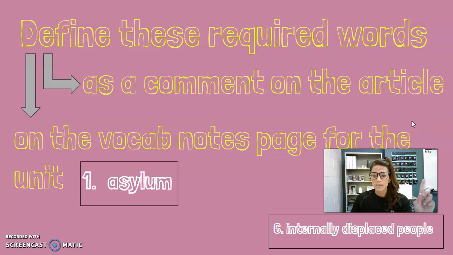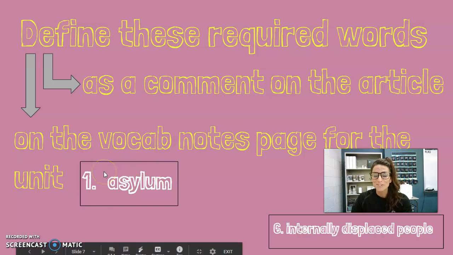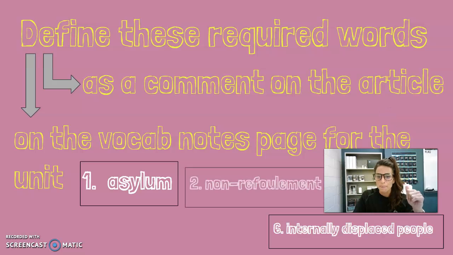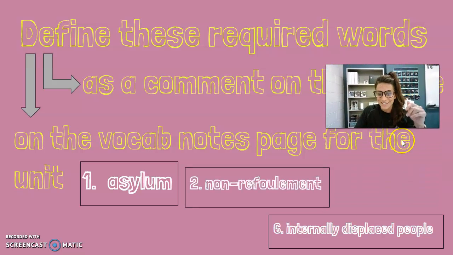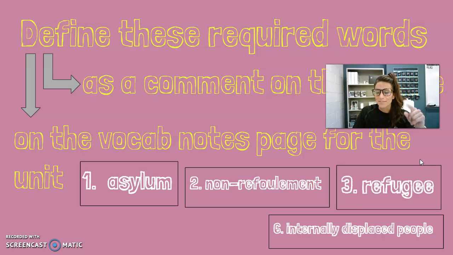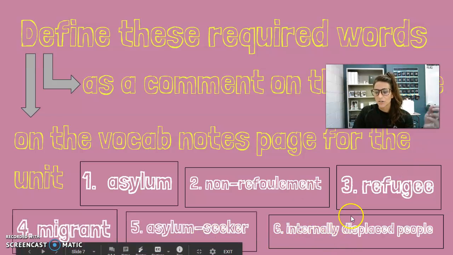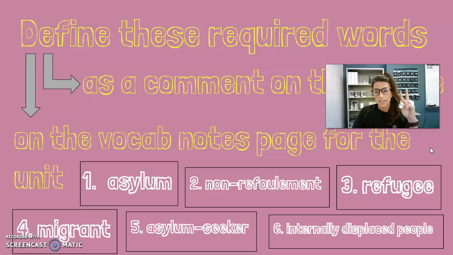Okay, so word number 1 is asylum, and you'll find these kind of out of order throughout the text. That's fine. This is a big one where you need to make sure you are getting the right definition for the context. So look for asylum as in a safe haven or a safe place. That's a definition that we're looking for, not like an insane asylum. Non-refoulement is another one, and it actually defines that right in the text next to it, so don't even have to look that one up. Refugee is going to be an important one. That's our topic. Migrant, asylum seeker, and internally displaced people. So your job today is to read through the article, number 1, if you haven't yet, and then you are going to define those 6 words.